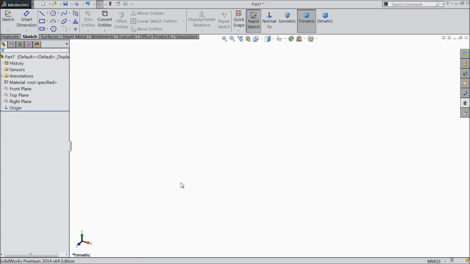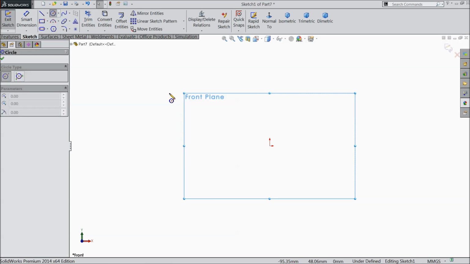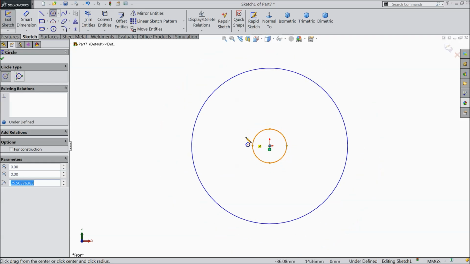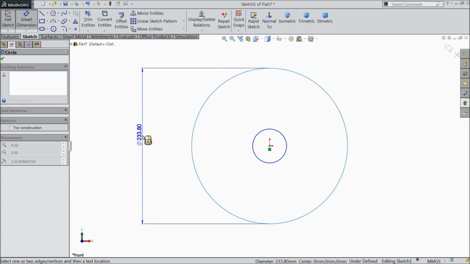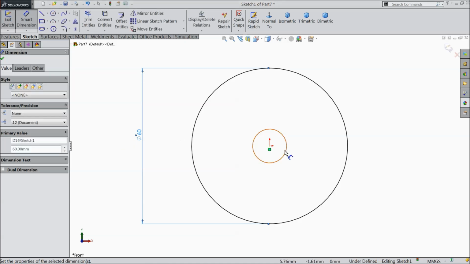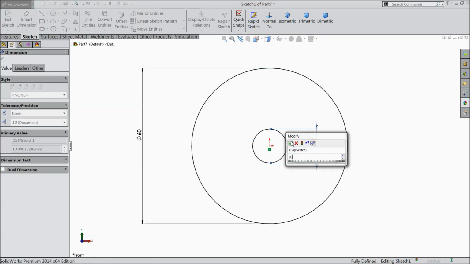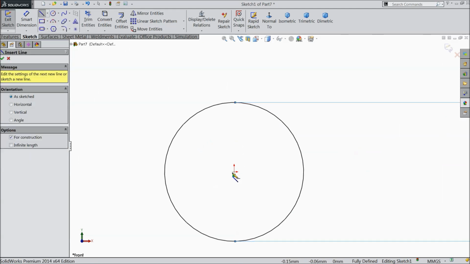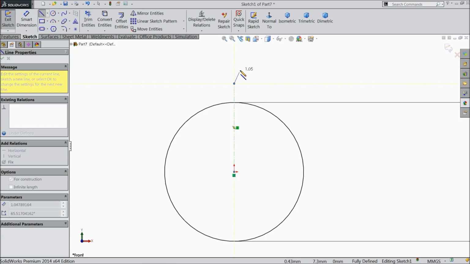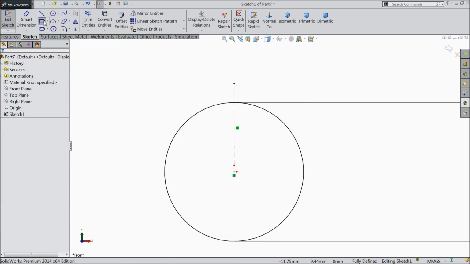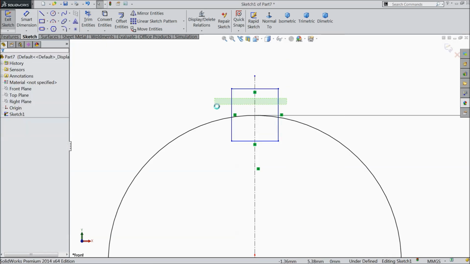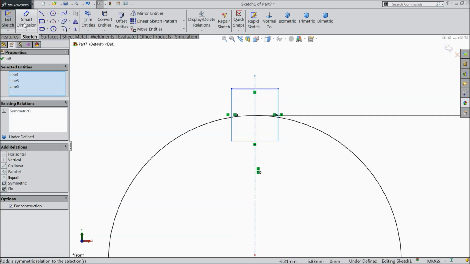Now the next gear is output shaft, output gear. So choose here front plane, sketch, draw here 2 circles, keep outer 60 dia and inner 10 mm. Okay, select here center line, corner rectangle, exit, select 3 lines, make relation symmetric,